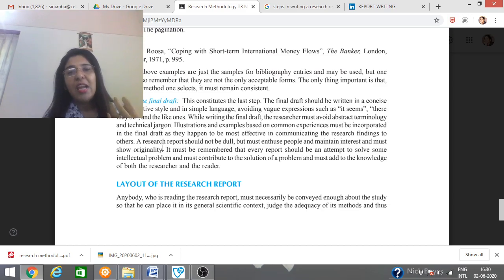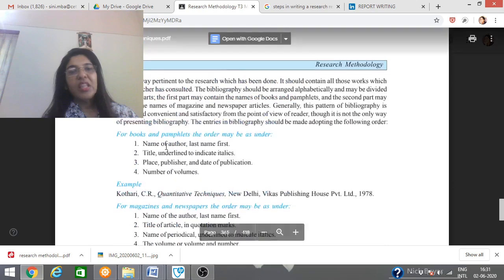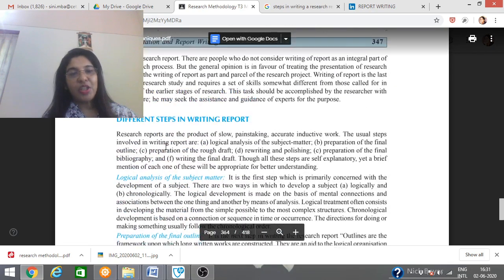It should create and maintain interest among the readers. Only if your work is original can it evoke interest. So whatever you do, it should be your own work. There should be originality in the work you have done, and that originality will be a plus point of your research report.